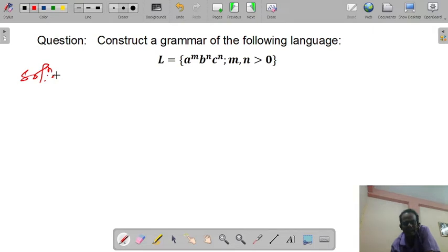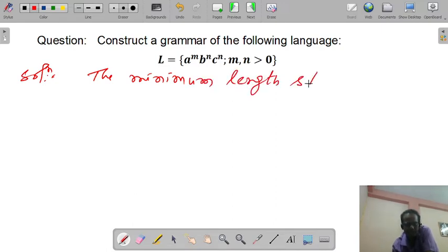So first of all we will try to find out the minimum length string. The minimum length string that is equal to ABC, as the m is starting from 1, 2, 3, 4 in that way, and n value is also greater than 0.